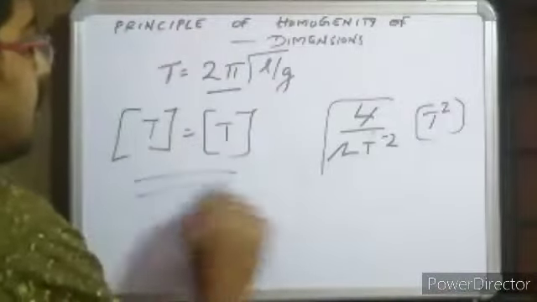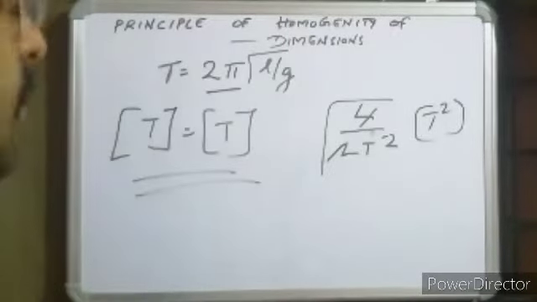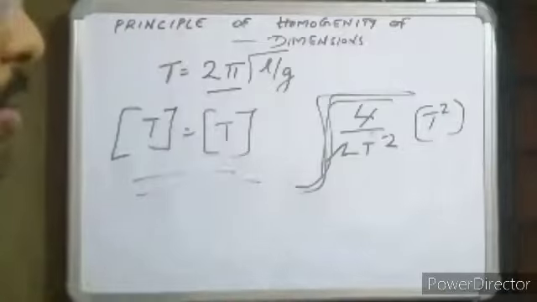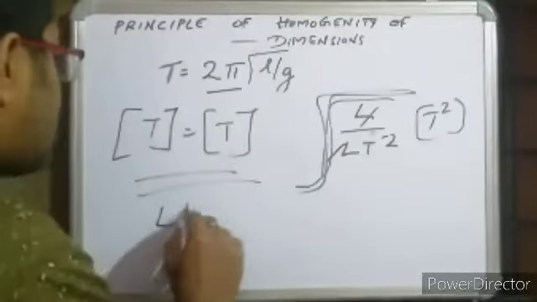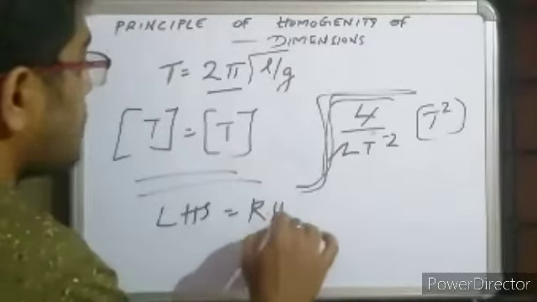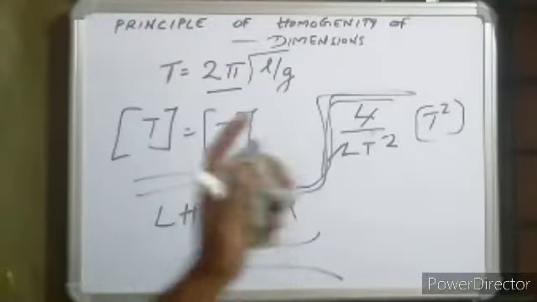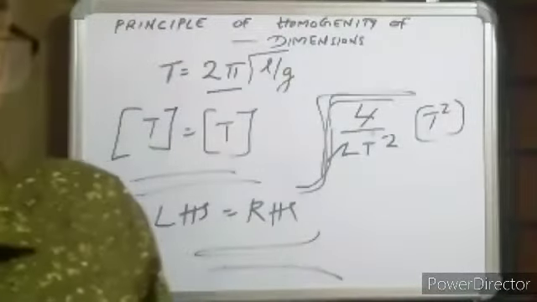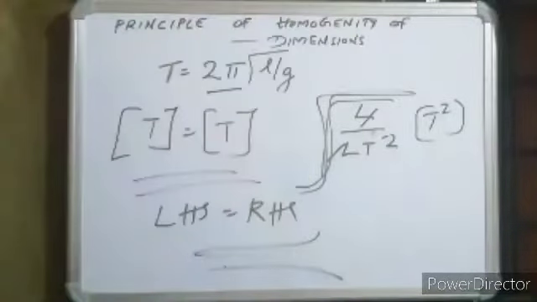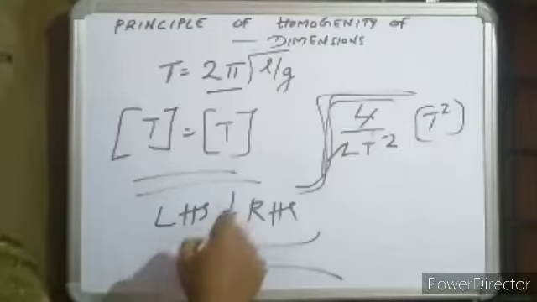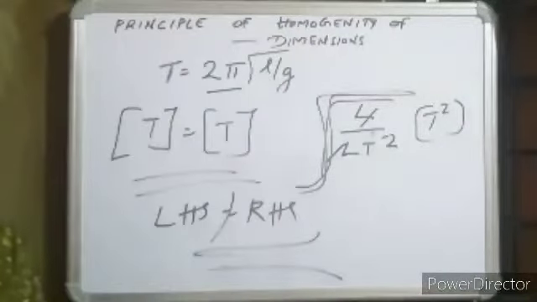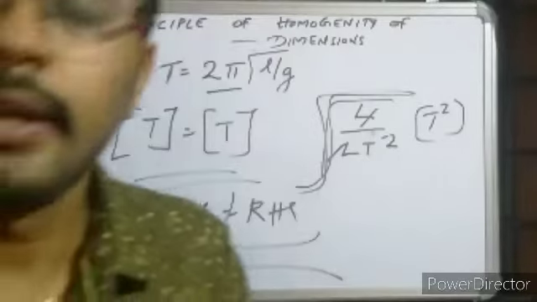The left hand side and the right hand side. Again, there is a under root, square root, right? So I got it as equal to T. So your LHS and RHS being the same, I can say that the equation is dimensionally correct. I can only say that it is dimensionally correct. If the LHS wasn't equal to RHS, that means there is some possibility of some error involved in this particular equation.